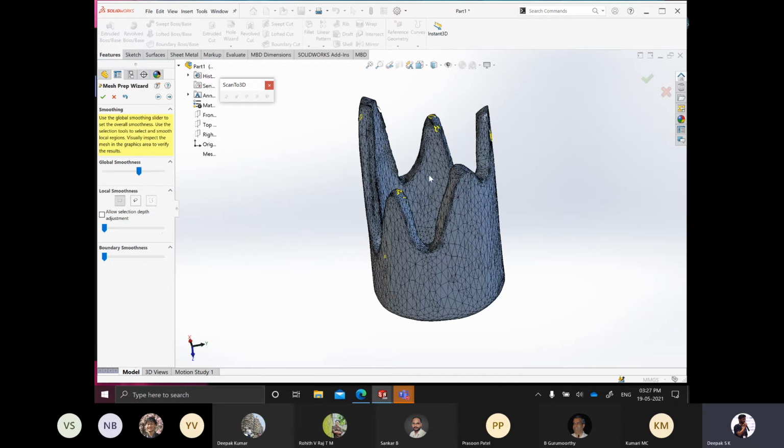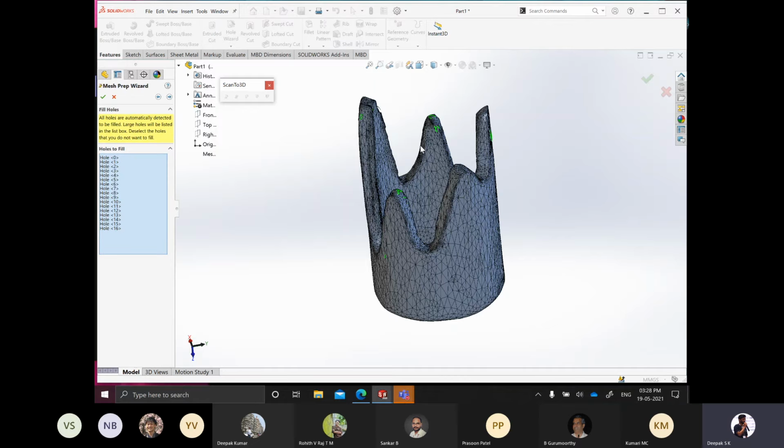So when to use simplification I already told, but when to use smoothness is when you have a particular curve, something like this, and you want to make it curvy. One flip side of this smoothness is that when you have edges, it will try to smoothen the edges also. So the value that you give here, the bar that you set here, has to be optimal. There is no fixed rule behind this. It's just your intuition to move this scale up and down and see visually the entire product, I mean, rotate and see it. And if it is satisfactory to you at this visualization, then you proceed further. This also allows for local smoothness settings.